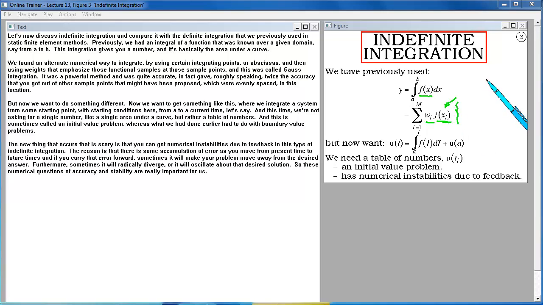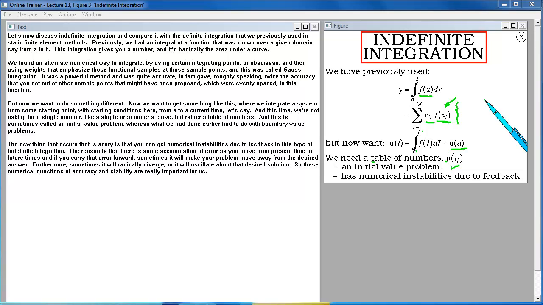But now we want to do something different. Now we want to get something like this, where we integrate a system from some starting point with starting conditions here, from A to a current time, let's say. And this time we're not asking for a single number, like a single area under a curve, but rather a table of numbers. And this is sometimes called an initial value problem, whereas what we had done earlier had to do with boundary